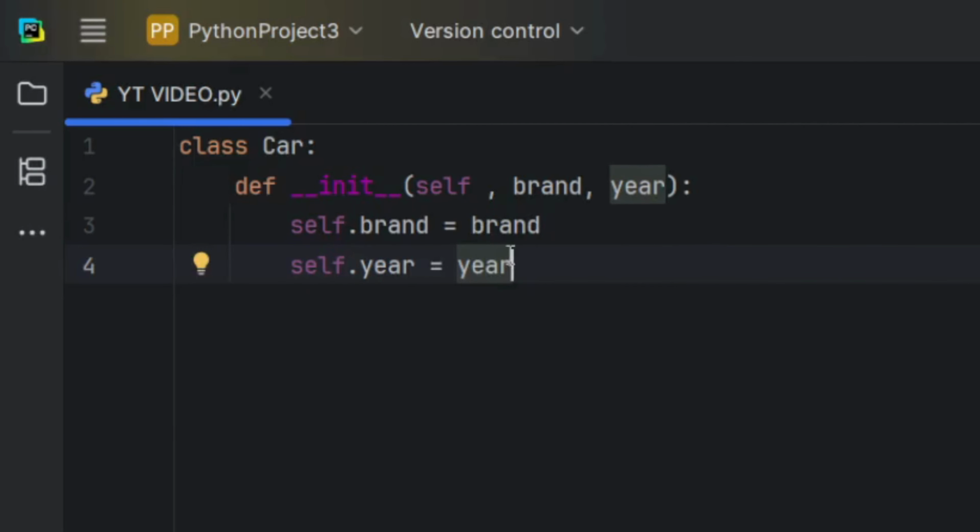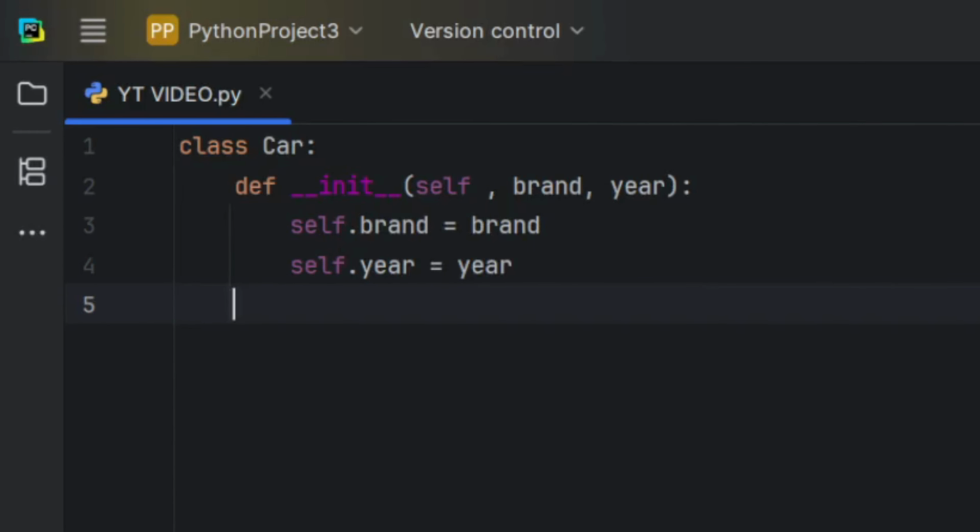Once again, if you don't understand what's happening over here, self is basically an initializer. When you run __init__, it initializes brand and year as features of the car object. And to make it easy for us to understand, rather than typing self all the time before brand or year, we just set self.brand is equal to brand, self.year is equal to year.